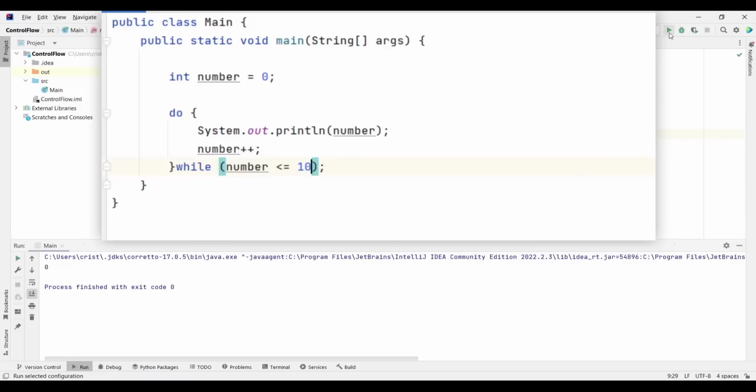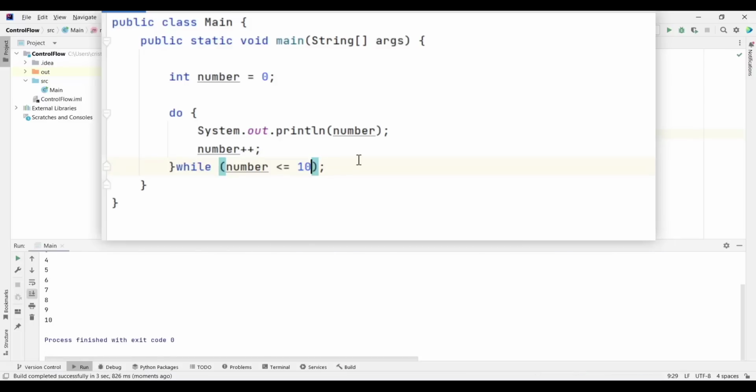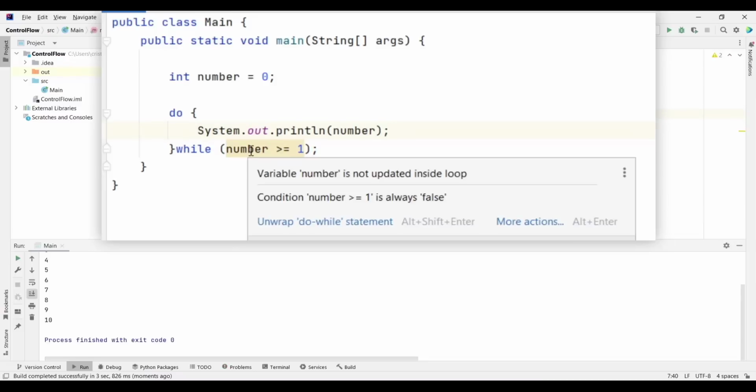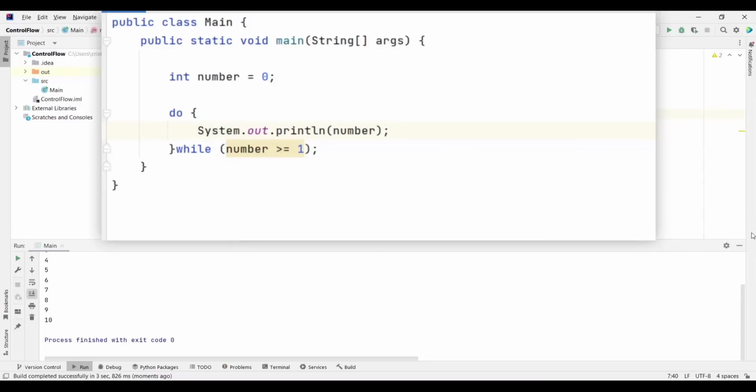So now if you run this, we get our 10 numbers out in the console. But again, previously when I had this, so let's press Ctrl Z a few times, even though the condition is false, the code is going to be executed at least once.